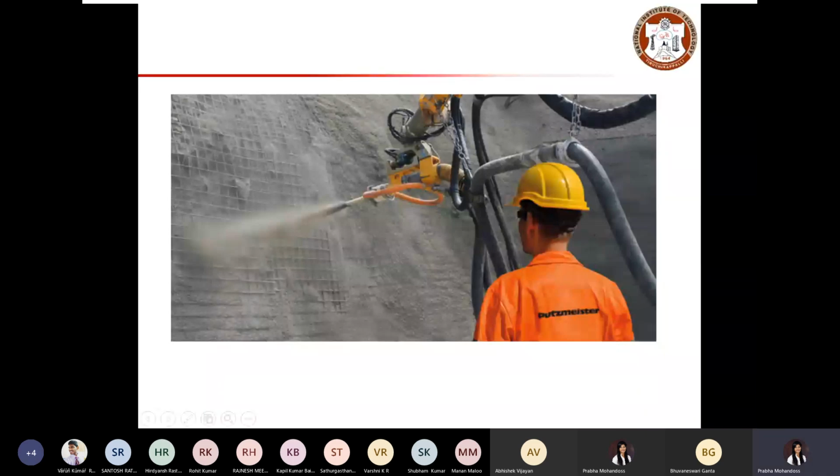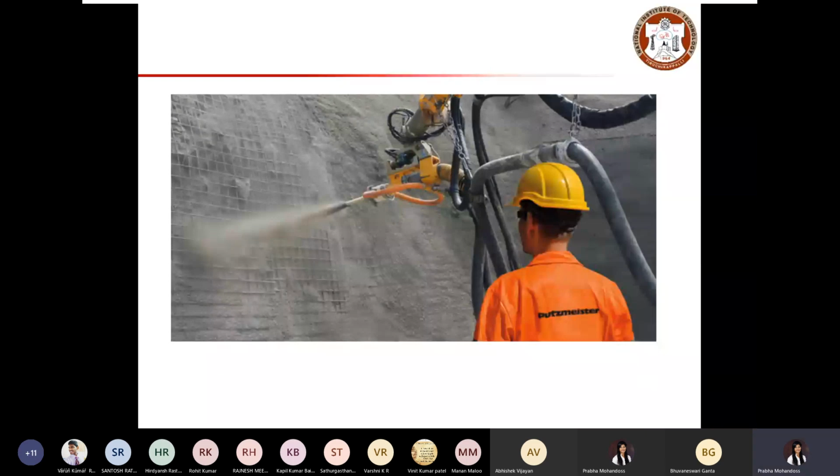Okay, we'll start the class. Yesterday we looked at different ways to place the concrete and how to handle the concrete, that is, to transport the concrete from one place to another. Basically, from the place where we mix the concrete to the place where we have to place it, the actual construction site. Depending on the size of the project, the distance of the construction site and the exposure conditions, you choose your handling methods. That will give you the required performance of concrete to place it in good condition.